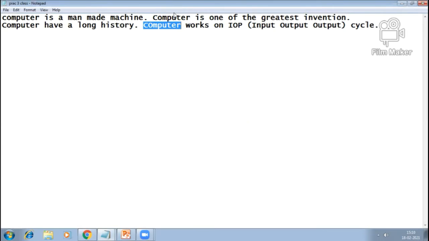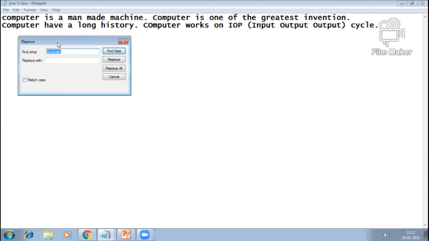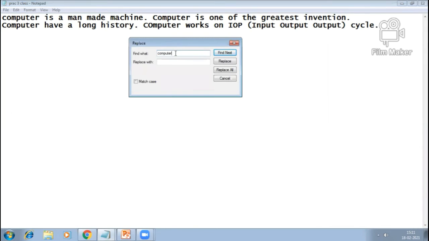Now let's learn to replace a particular word with another word. So first we have to click on the replace option, and as you click on replace, you will find the replace command with two text boxes. In the first text box, find what is here, and in the second text box, replace with is here.